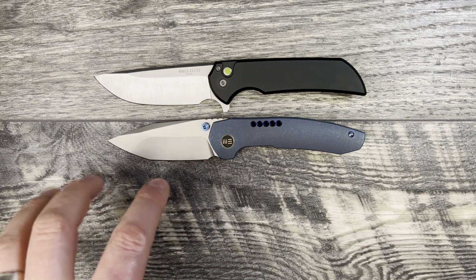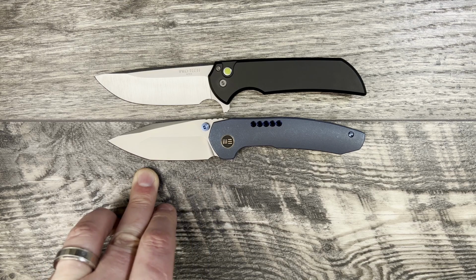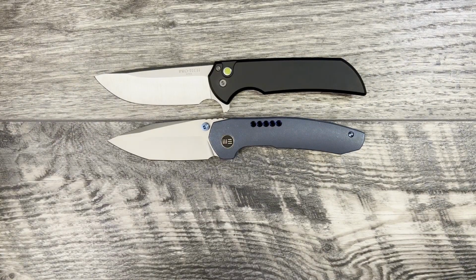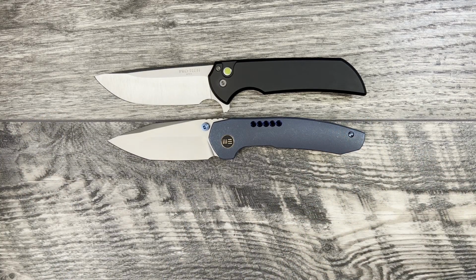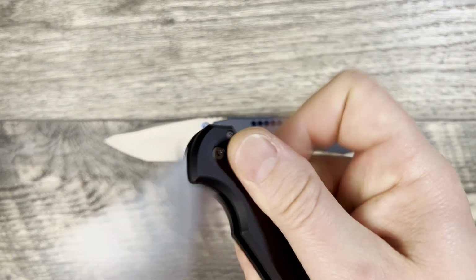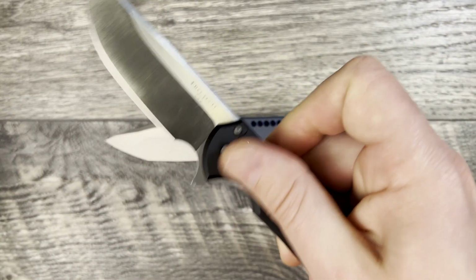So the blade might not be as good as the Tonto because you do have the lower tip for the utility cuts, but I was looking in this size point, and the button lock is going to make this a little bit more fidgety, a little bit easier to access for the larger hand at this size, and you're getting it for around $200 to $230, so you're saving a little bit of money, but it is aluminum instead of titanium, but you are getting magnet cut steel on your ProTech Mordax,